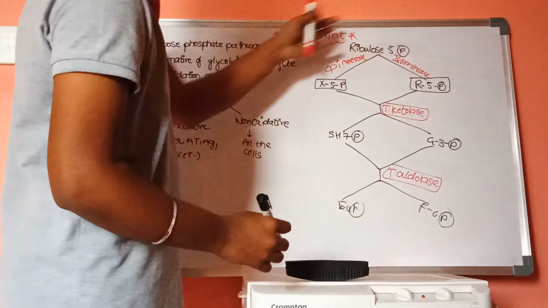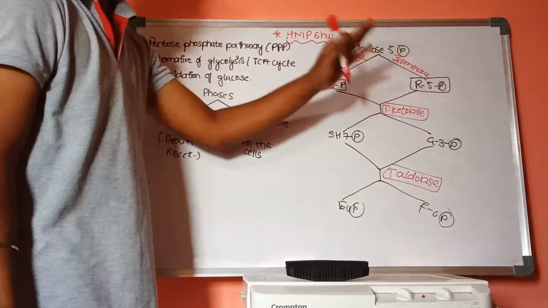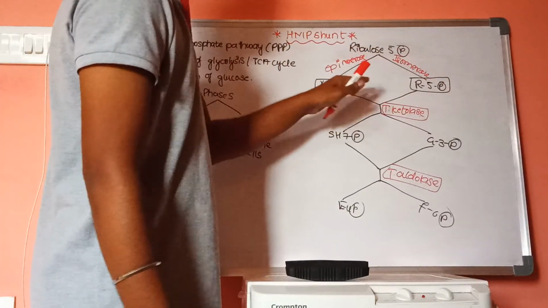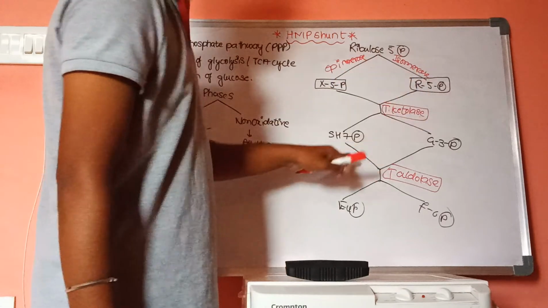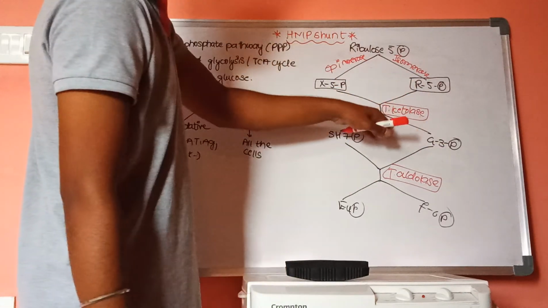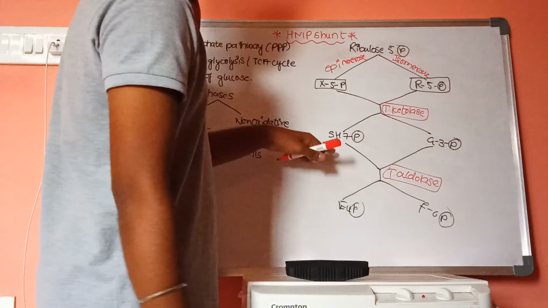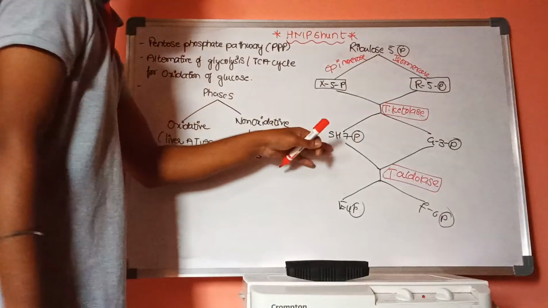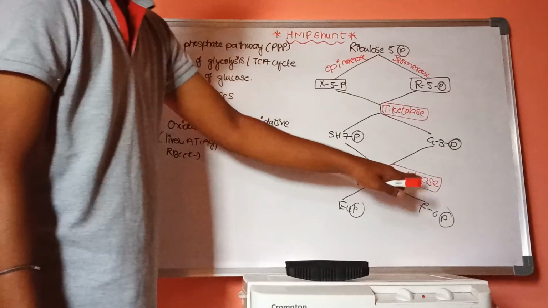This is the non-oxidative phase. Ribulose 5-phosphate will get converted into xylulose 5-phosphate and ribose 5-phosphate, and these two compounds will form sedoheptulose 7-phosphate and glyceraldehyde 3-phosphate with the help of the enzyme transketolase, and the sedoheptulose 7-phosphate and glyceraldehyde 3-phosphate, with the help of the enzyme transaldolase, will form